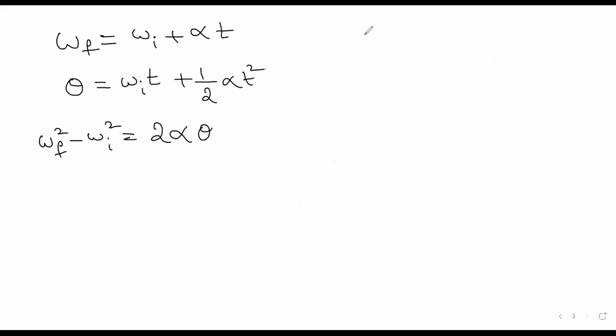And you have to remember the moment of inertia of the bodies. What is the moment of inertia of a ring? This is the ring, and you have to remember from where your axis is passing. This is the axis about which you are calculating the moment of inertia, perpendicular to the plane and passing through the center. The moment of inertia I equals mr square.